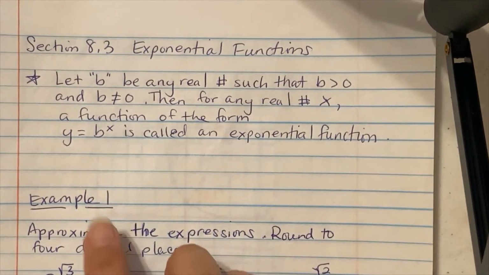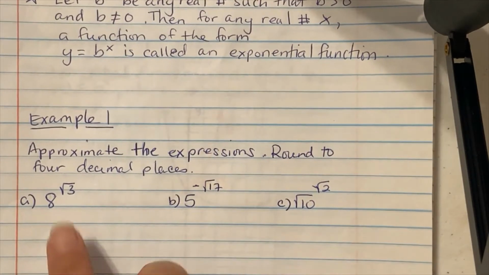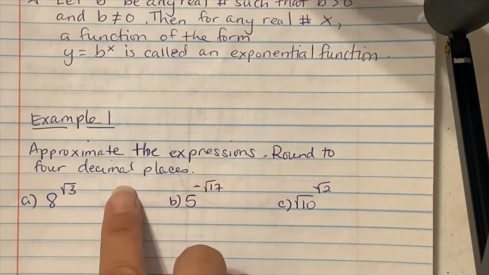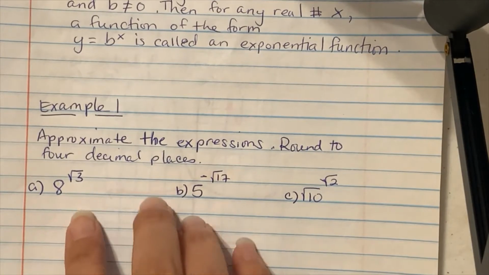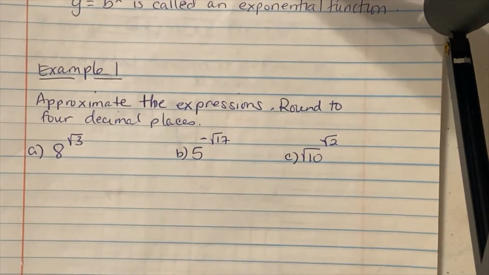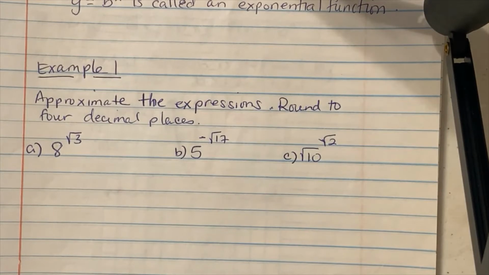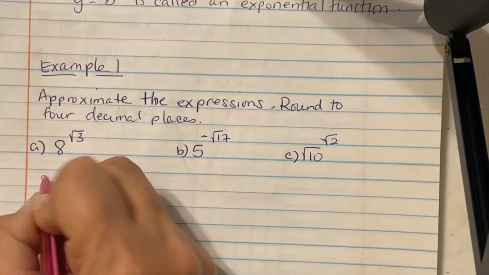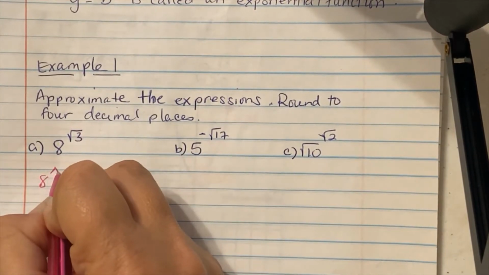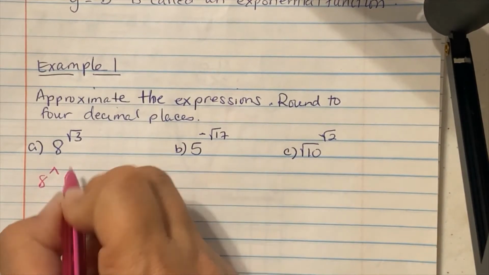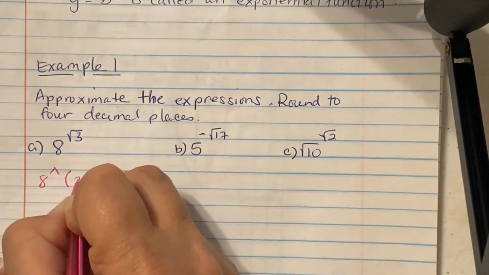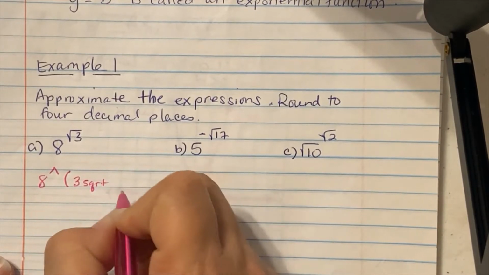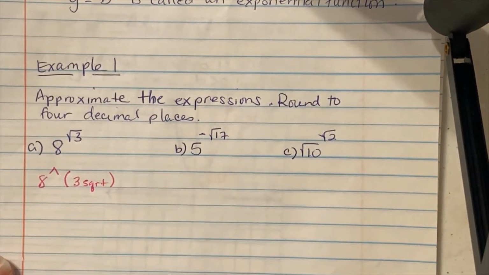So in example 1, it wants us to approximate the expressions, rounding to 4 decimal places. So it says 8 to the radical 3. This is basically using your calculator. The way you're going to write it inside your calculator is you're going to hit 8, and on your calculator you have a little caret key. For those that don't have it, you'll see a little hat, and then hit the parentheses key. You're going to hit 3, and depending on the calculator you're using, you can write 3 and then hit the square root key,